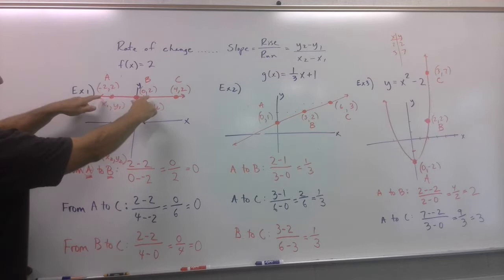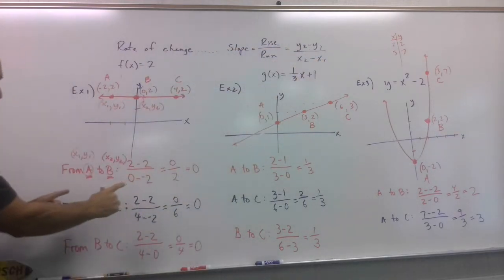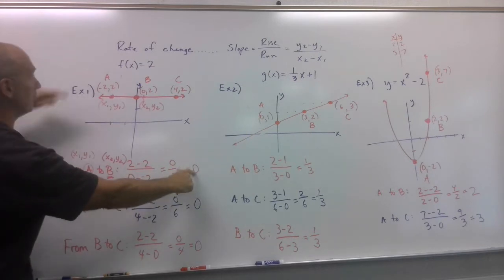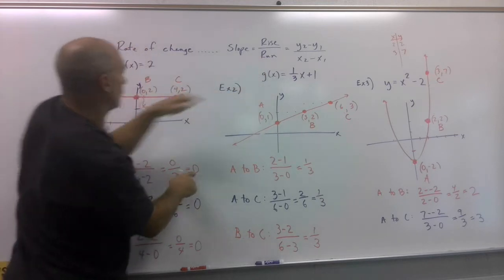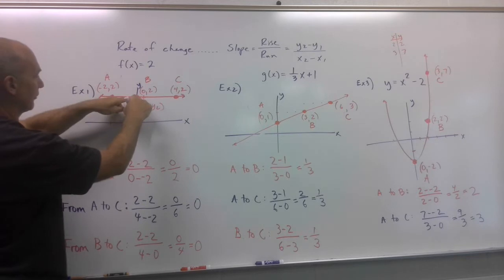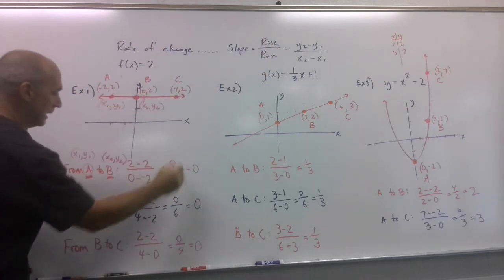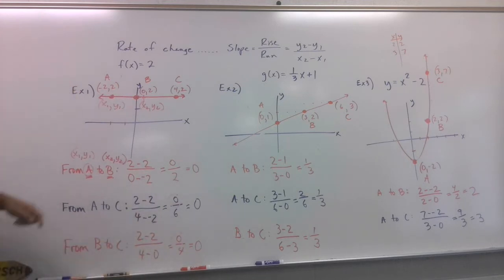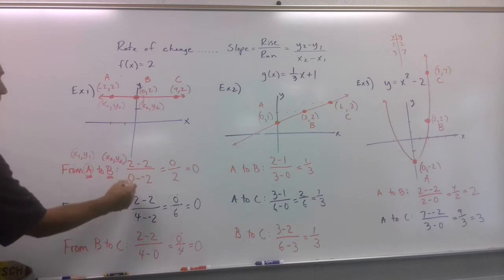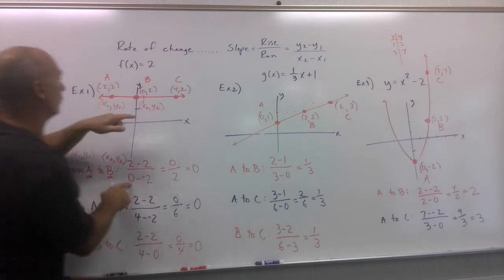And all you have to do is take these pieces, plug it into that formula, which is what I've done, and then I come up with 0 for the slope. Remember, slope by definition is rise over run. Well, there is no rise from this point to that point. There is no rise from this point to that point. So I'm going to have a 0 in the top every time. See that? And then the run is right here, 0, which according to our formula is x sub 2, which you get from here,